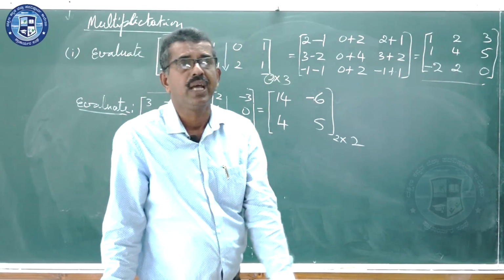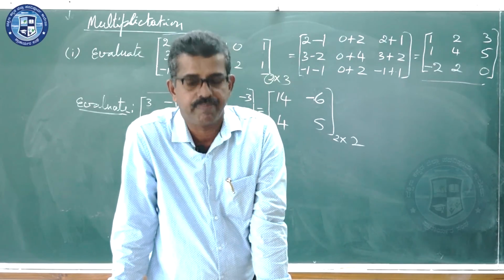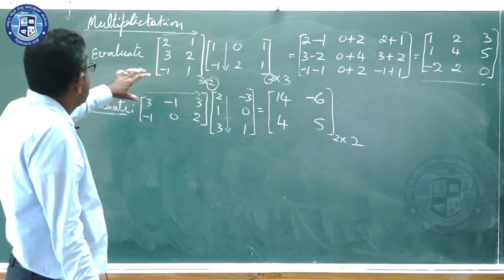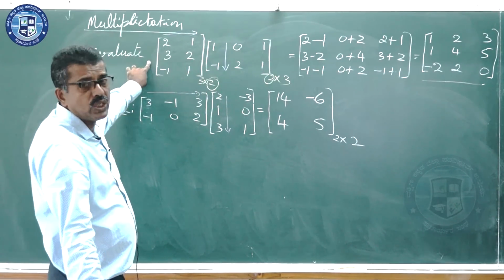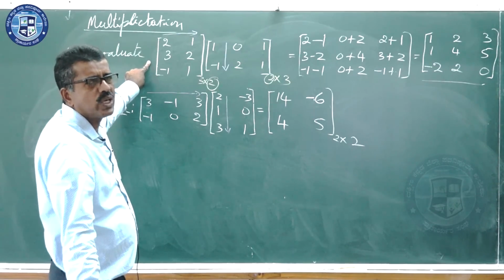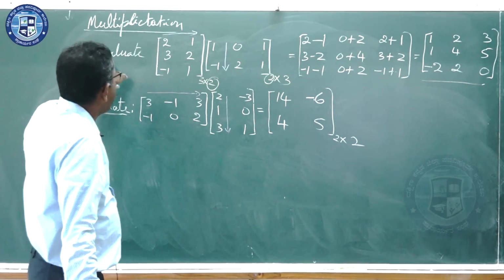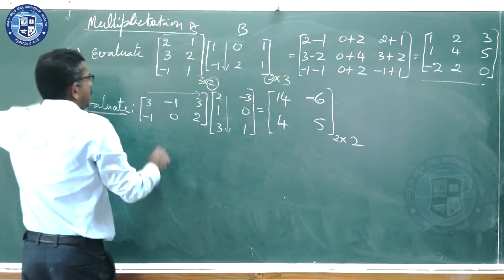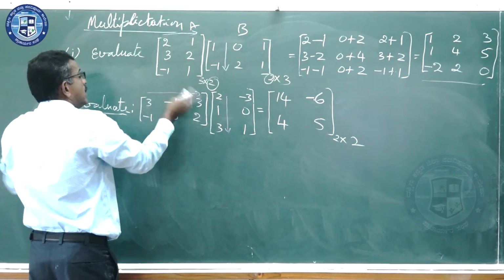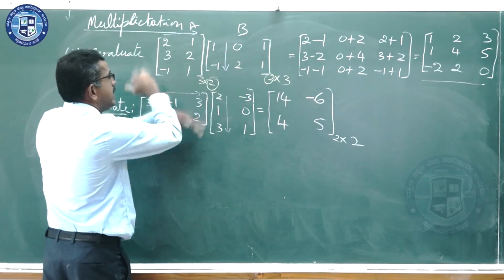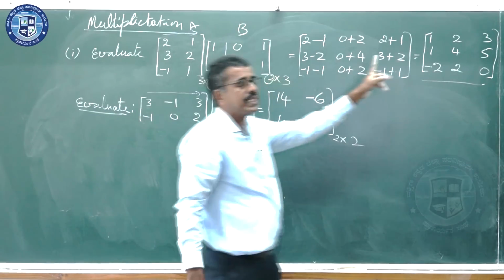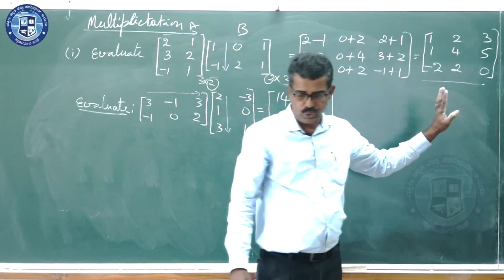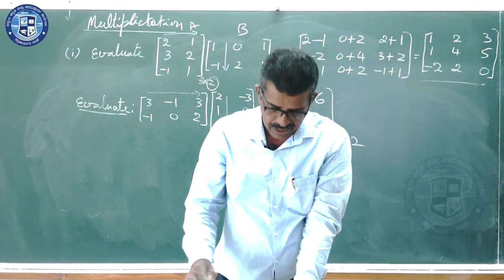Okay, so that is about matrix multiplication problems. I told about the case: matrix multiplication is not commutative. Why is it not commutative? Here A and B. If I take this as A and this as B, even if you have B and A, if I interchange, the order of the first matrix will be 3 cross 3 and the order of the second matrix will be 2 cross 2. Can they be equal? They are not equal.